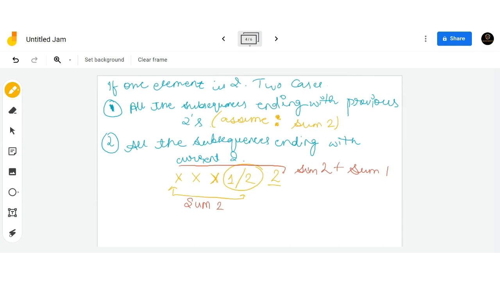If our element is 2, then there can also be two cases: all the subsequences ending with previous 2, meaning this 2, and all the subsequences ending with current 2, meaning this 2.